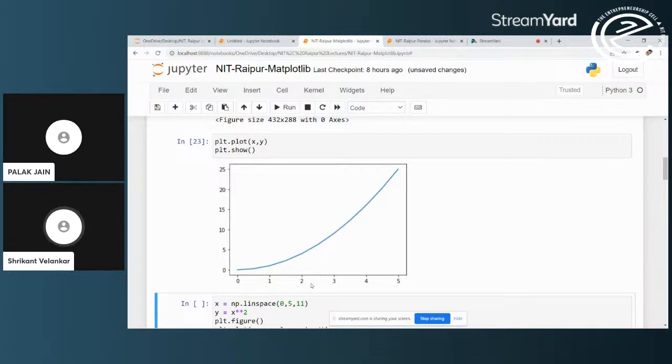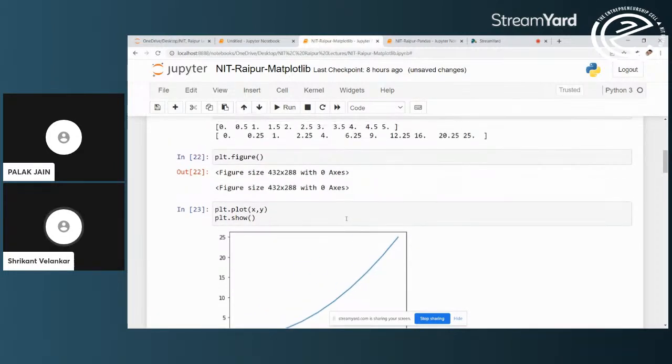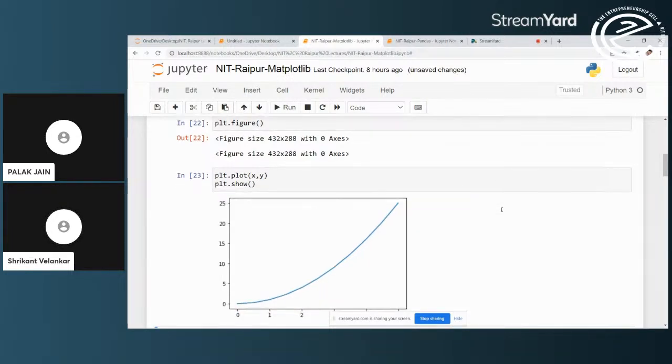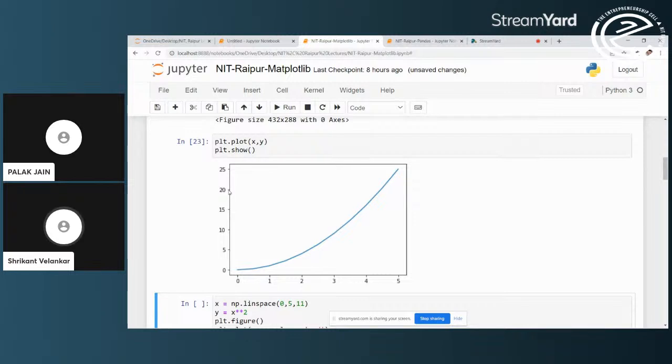Okay, so good. The plot is seen. You will see that since there were defaults, not much paraphernalia or frills are added to the plot, but it has definitely generated, it has auto scaled itself. Why has it auto scaled itself? Because we know that x is moving from 0 to 5, y has moved from 0 to 25. So you will see that y axis is from 0 to 25 and x axis is from 0 to 5